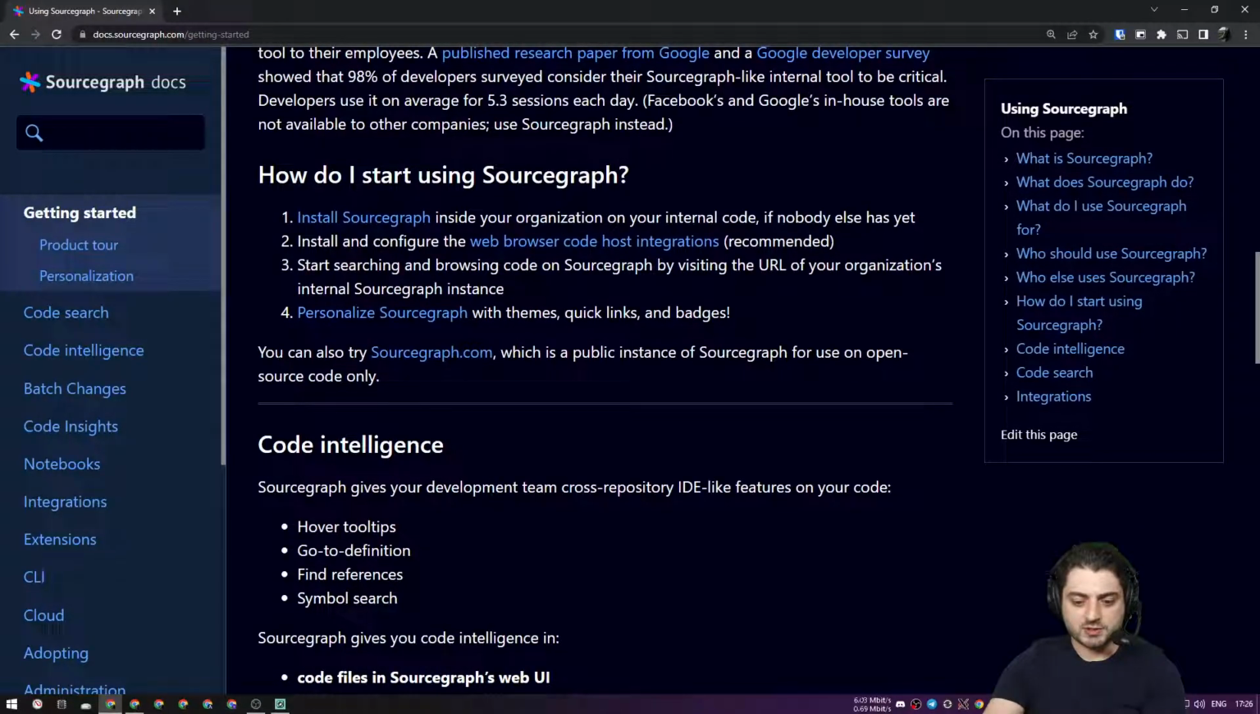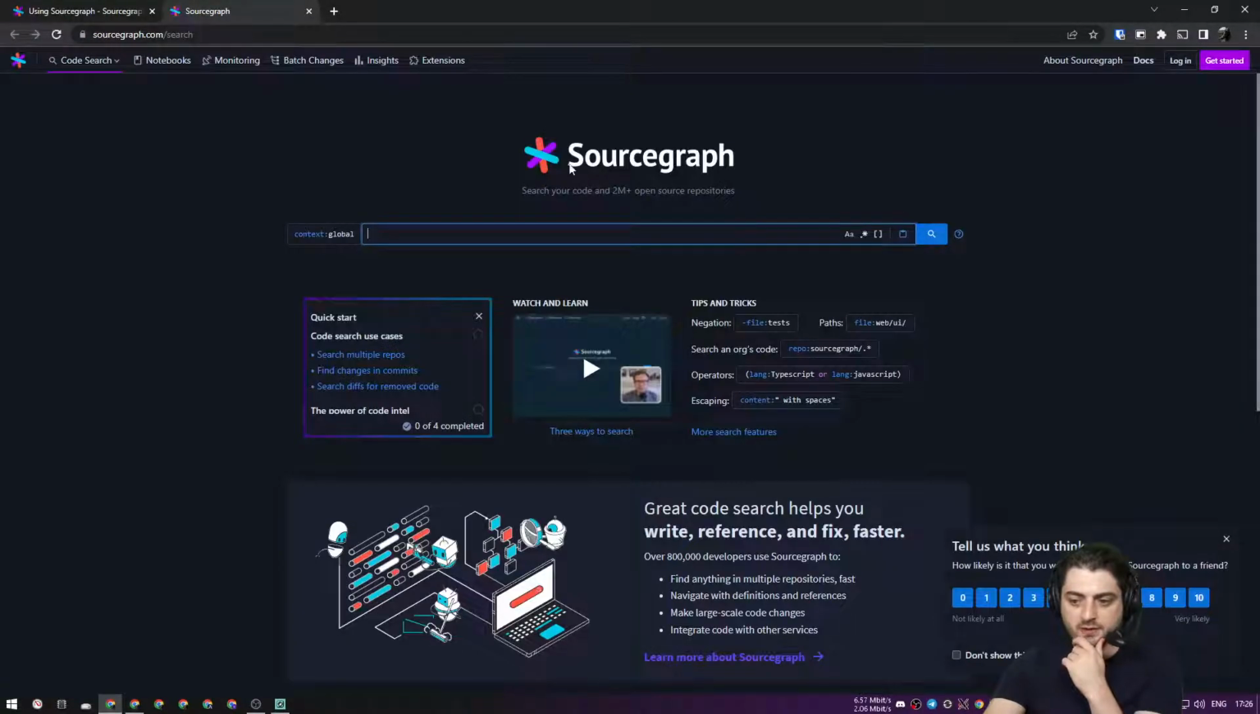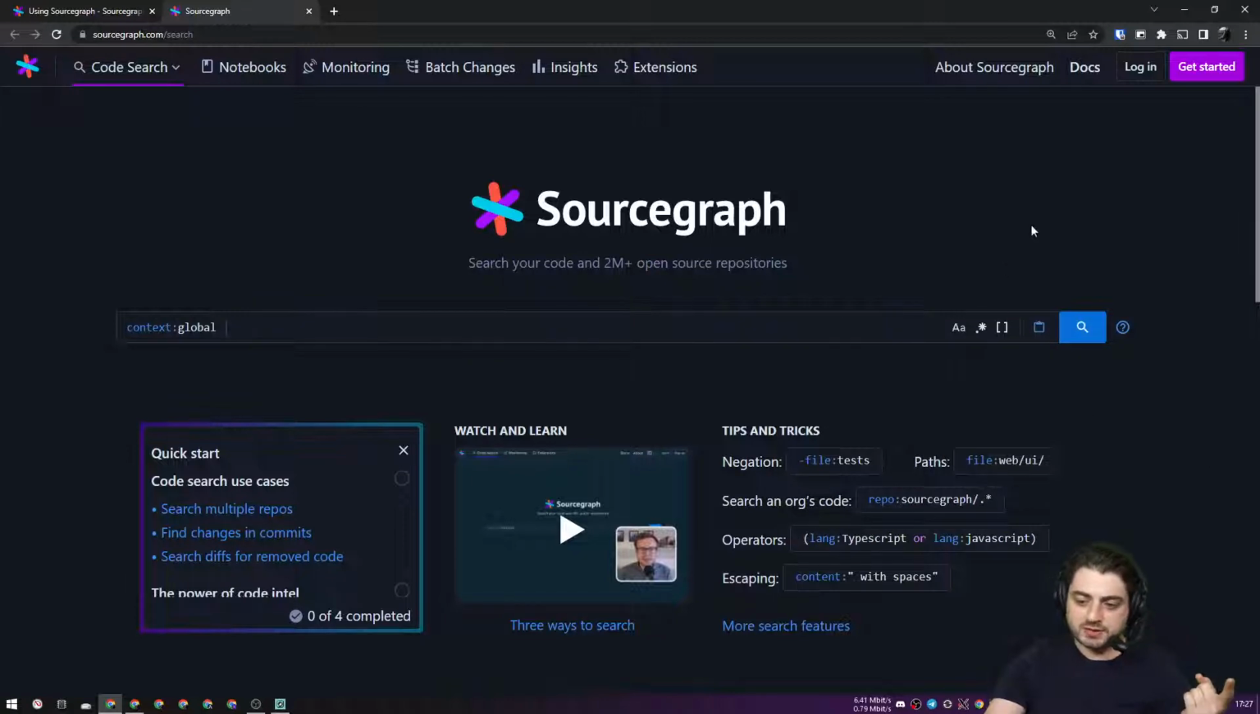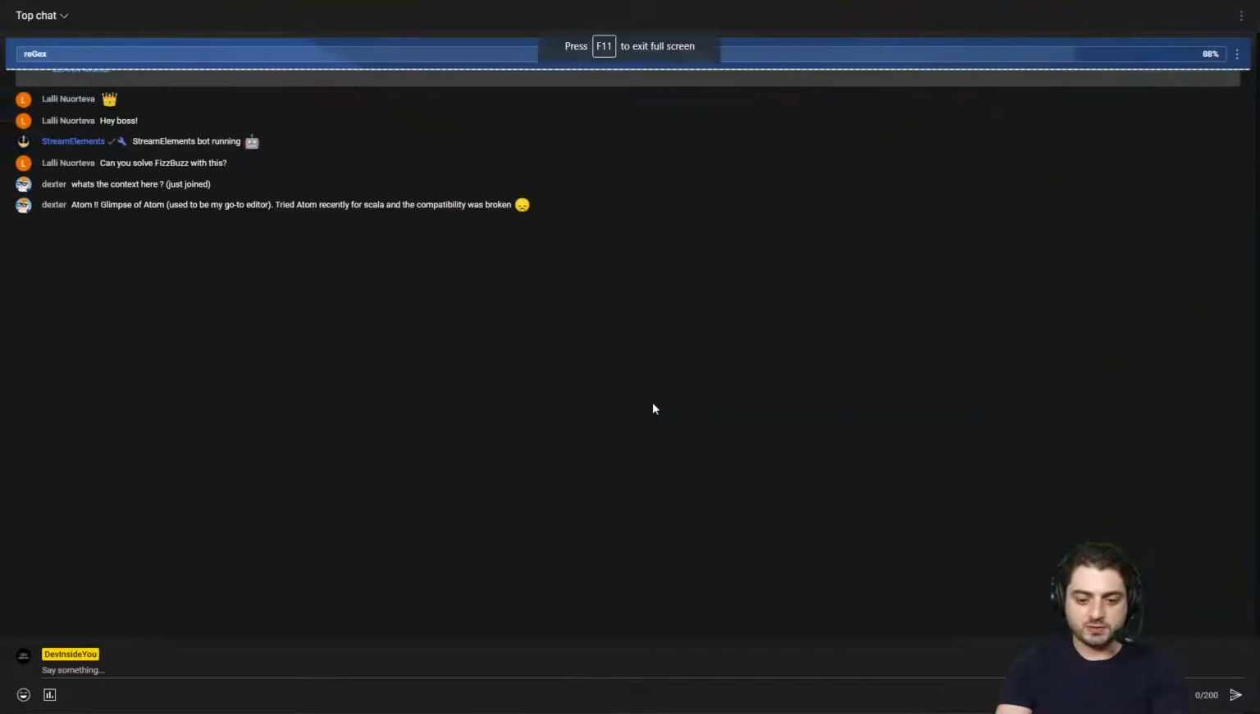You can also try sourcegraph.com, which is a public instance of Sourcegraph for use on open source code only. Okay, we don't have much time left, so we're just going to go there and start playing around. Okay, and wow, this is super tiny. Okay, so I don't need that. I don't think I need to be logged in, but I believe if I am logged in, I would be able to search through private repositories, which is not something I want to do now. You can watch and learn. I'm not going to click this yet. Let's see how we do on the